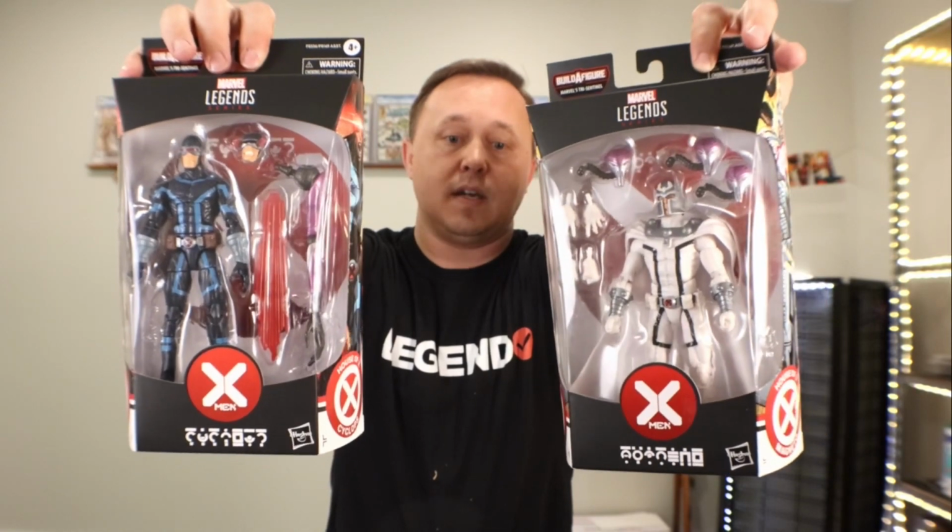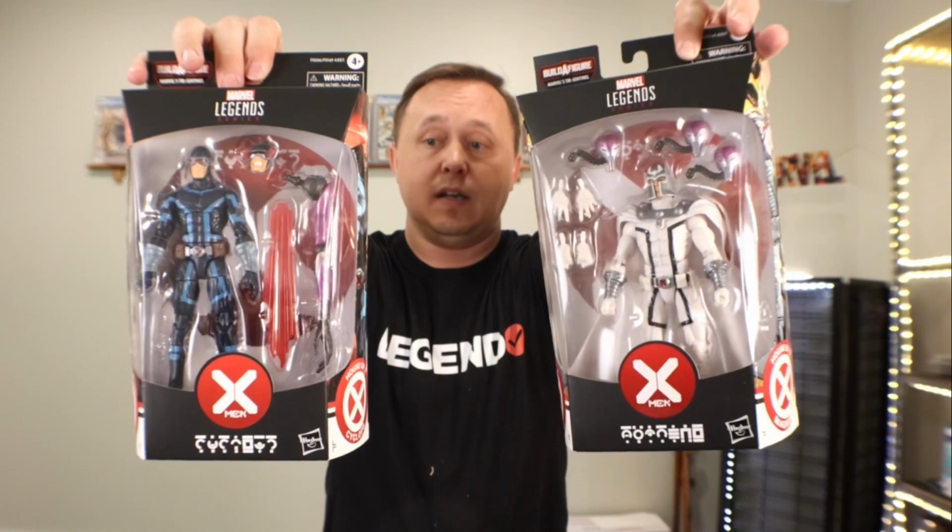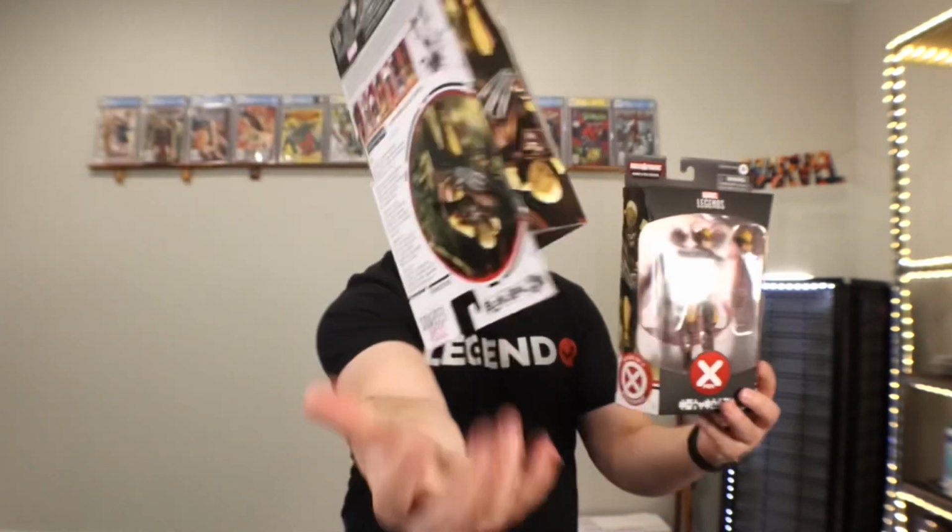Now, this Cyclops, I've been seeing some photos of it, and it looks really good on camera. Excited to get this one out and get it displayed. And for our double packed figure, we have Wolverine. I'm so glad that these came double stacked because I am a huge collector of